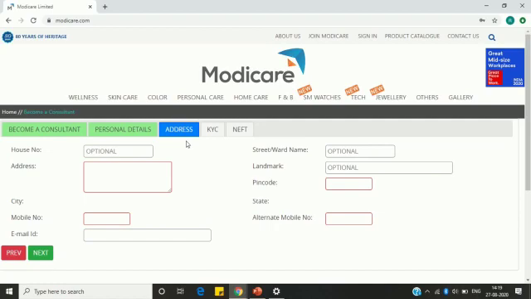So this is the third page, which is asking you to fill up all the details of your residential address. So as far as possible, try to provide all the details so that delivery of the goods can be much easier. So first is house number. So type your house number. Okay. Go to the street. So here I mention as my street.